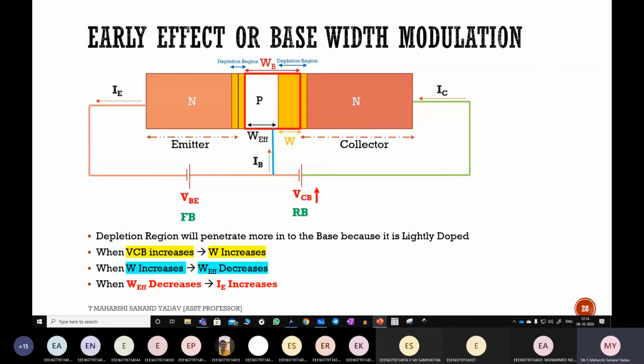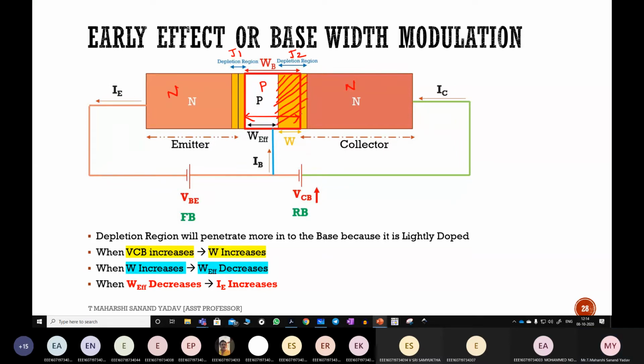I'm considering an NPN transistor. This is N, this is P. Here, follow this red arrow. This is nothing but the P part and the rest is N. Same condition, again it is forward biased. So this is the depletion region because of J1, and this is the depletion region because of J2. Now you can see this orange portion. Most of the portion is present in the base compared to the collector.